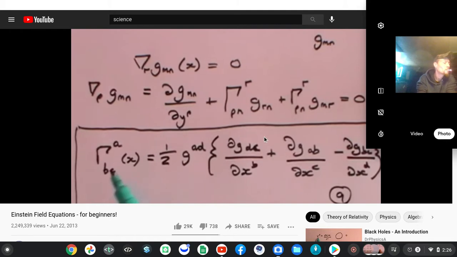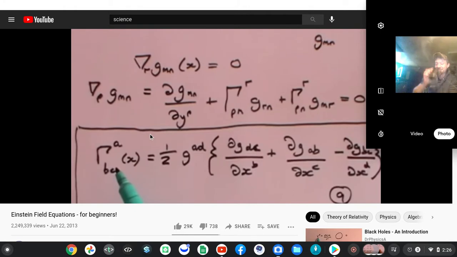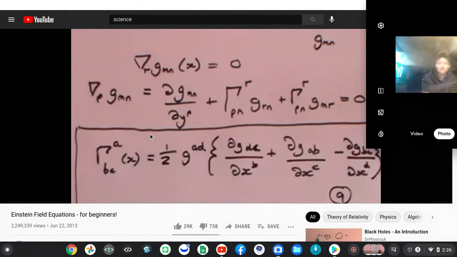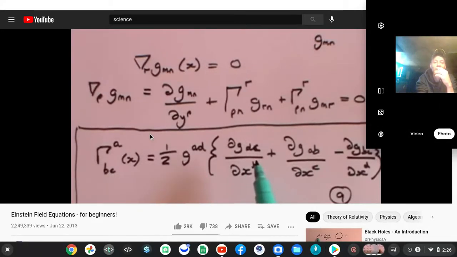Firstly, it's not itself a tensor. In a sense, it's a correction term. The Christoffel symbol will be equal to 0 in flat space, but it won't be equal to 0 in curvilinear space or space-time. And you'll also notice that it can be expressed wholly in terms of the metric tensor and the first derivatives